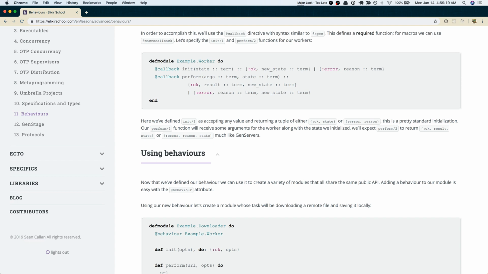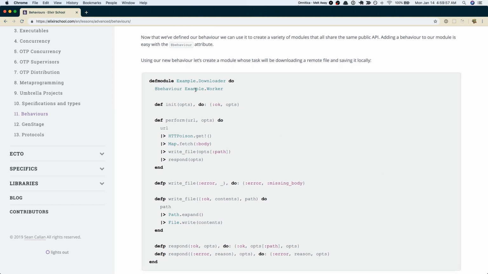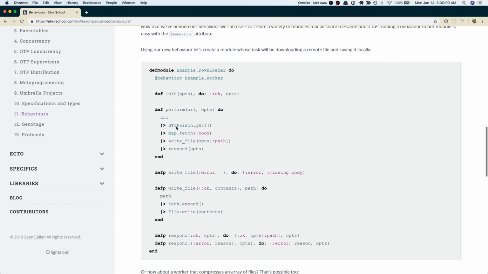Using behaviors. Now that we've defined our behavior, we can use it to create a variety of modules that all share the same public API. Adding a behavior to our module is easy with the @behaviour attribute. Using our new behavior, let's create a module whose task will be downloading a remote file and saving it locally. @behaviour Worker. So we have init, perform,